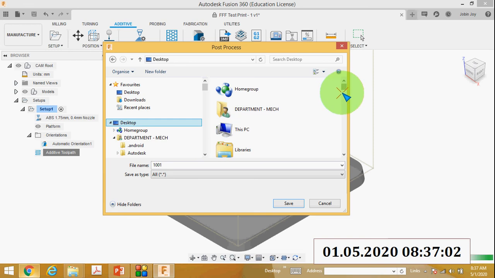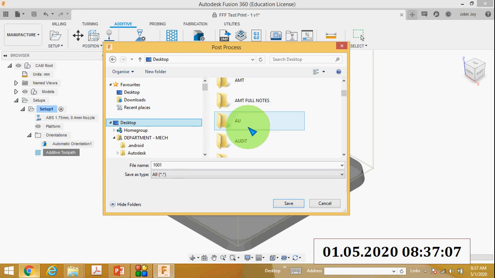Here I will save the file with the name 1000.